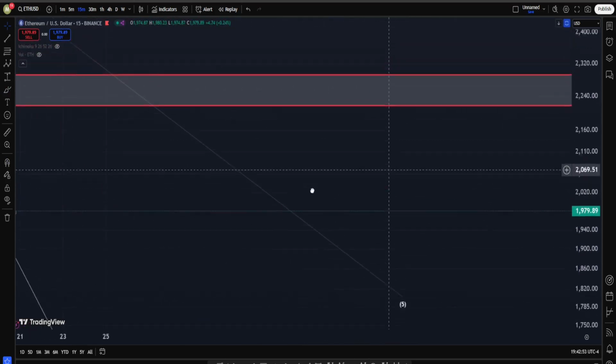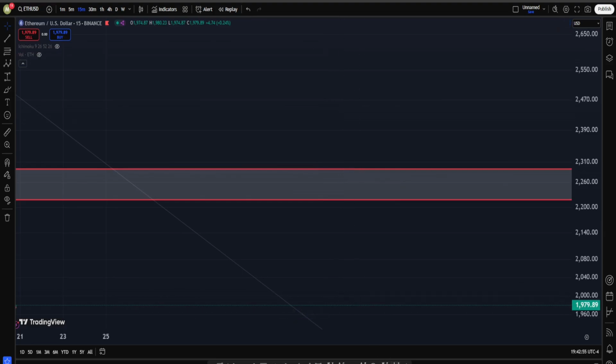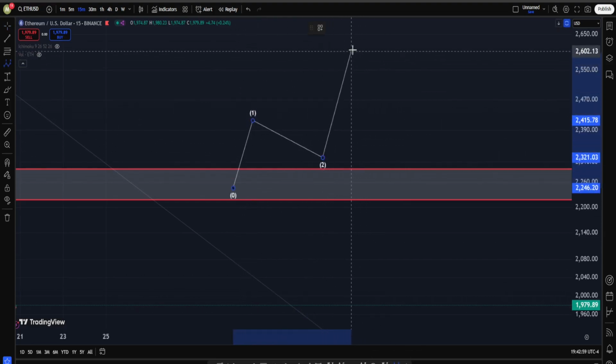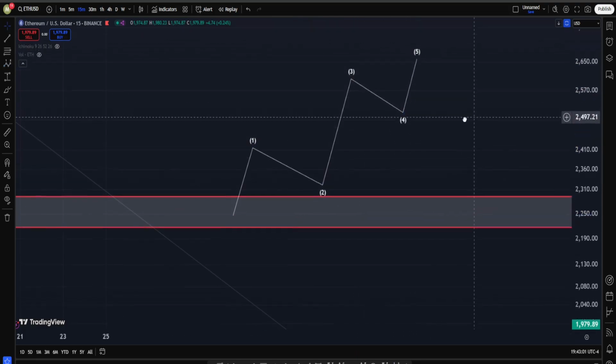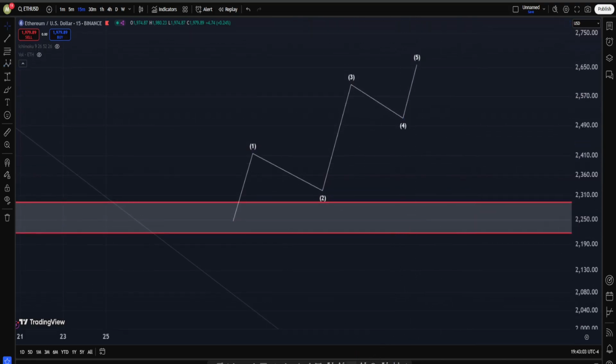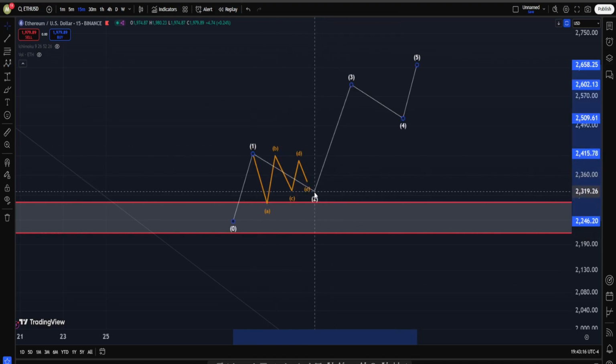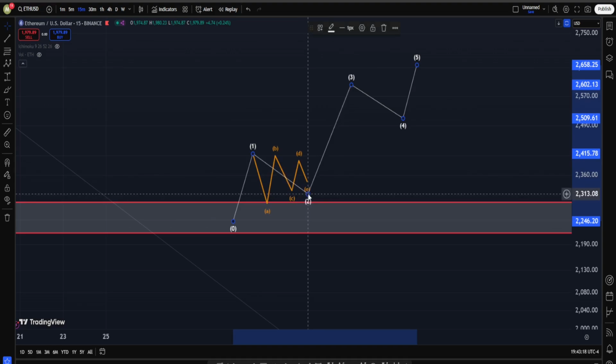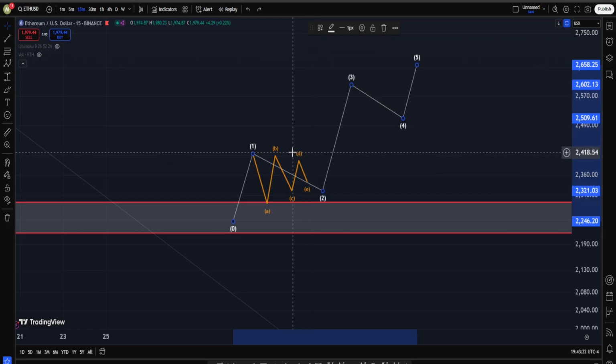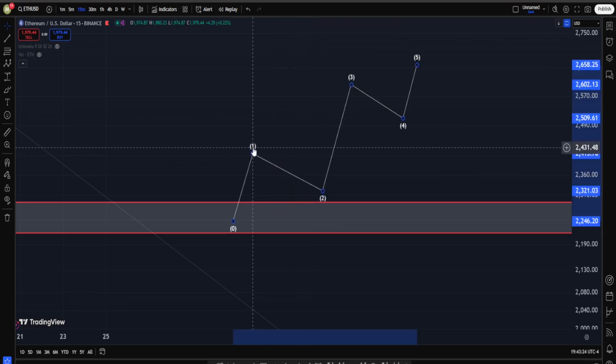Now, if you want to argue that the bottom is in on any chart, doesn't really matter, you need to be able to find a 1, 2, 3, 4, 5 wave impulsive structure up. And this is a very important point. According to the rules, we are not allowed to have an A, B, C, D, E, which in terms of Elliott waves, we call it a triangle structure into wave 2. This is very important. Remember this one. We can have a triangle into wave 4, but definitely not into wave 2 according to the rules.